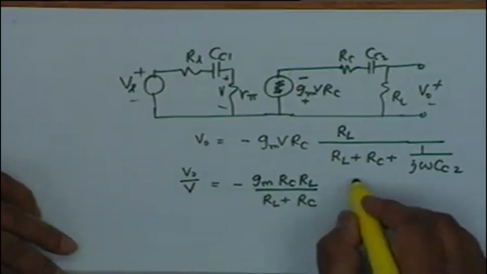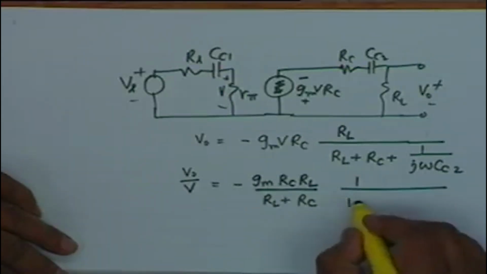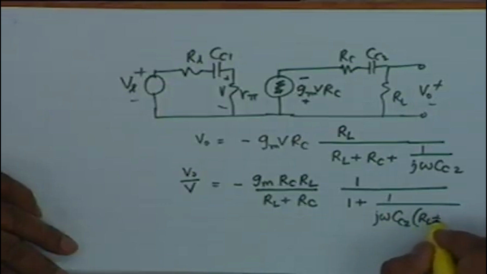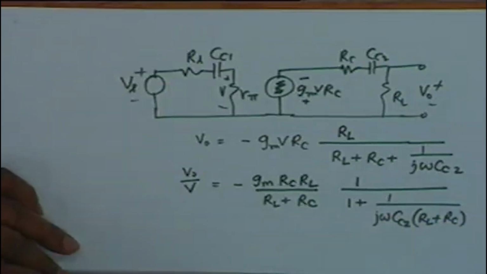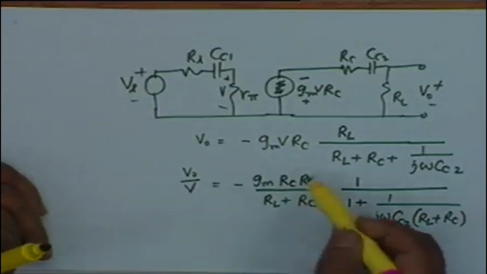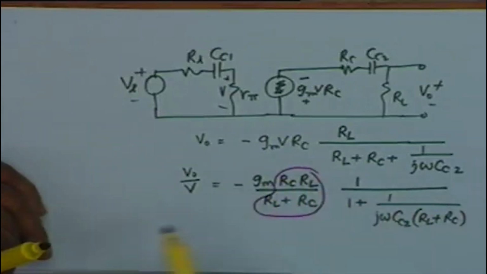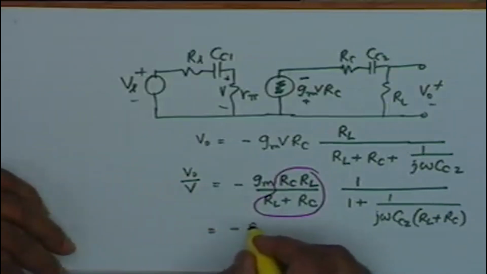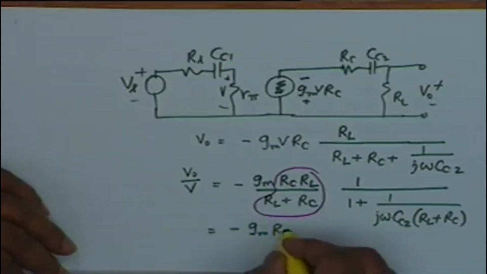Then I get 1 by 1 plus 1 over j omega CC2 RL plus RC. Is that all right? Now, don't you see that this is simply the parallel combination of RC and RL? And therefore, I can write this as minus gm R0